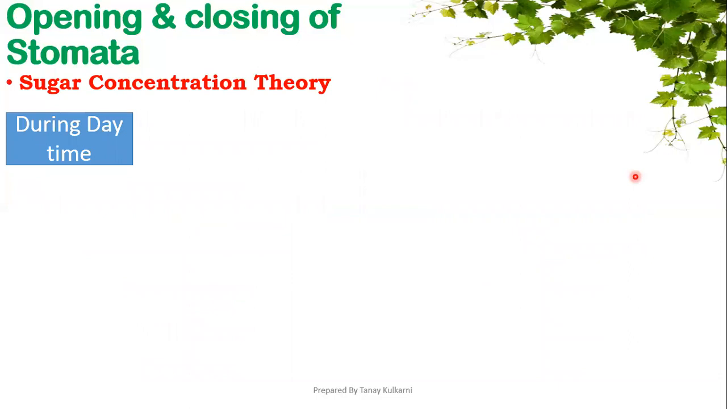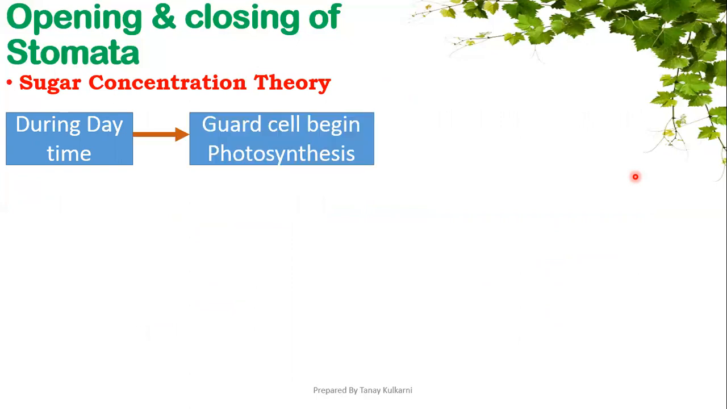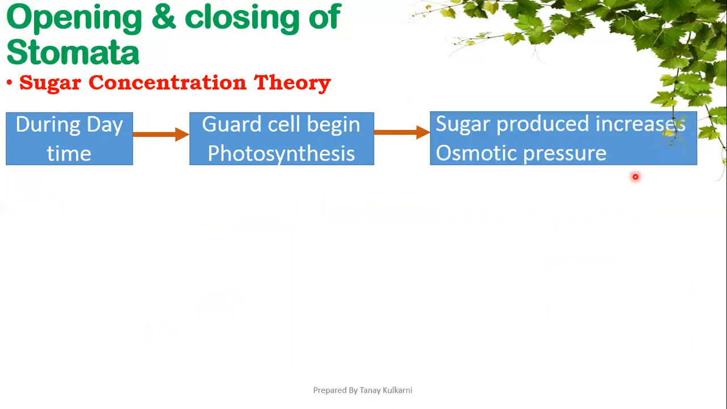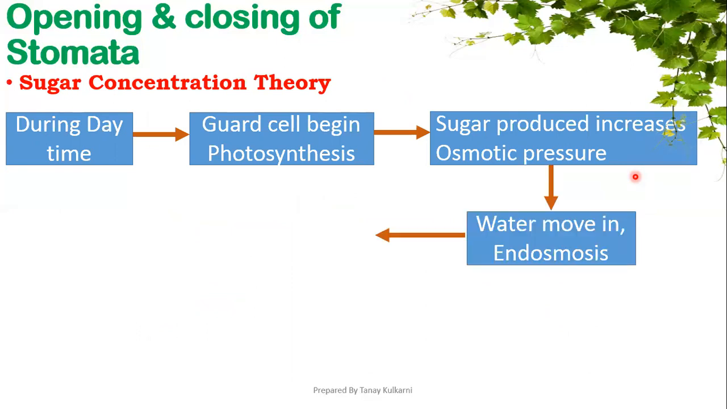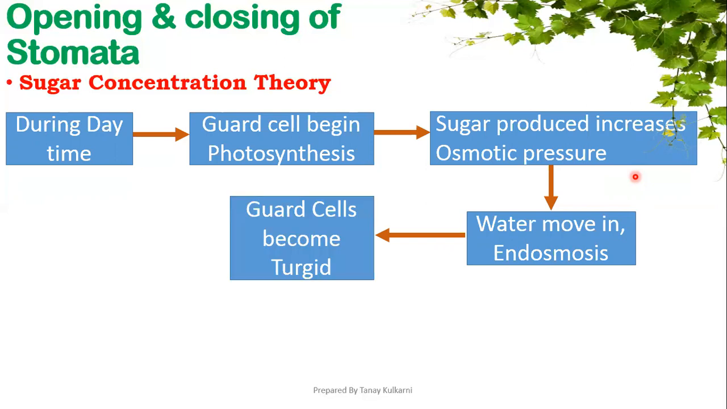The second theory is the sugar concentration theory. According to this old theory, during daytime, the guard cells begin photosynthesis, and the sugar, that is glucose, produced during this process increases the osmotic pressure, which will draw water from adjoining cells due to endosmosis. Hence the guard cells become turgid and bulge outwards due to their thin outer wall, thus widening the stomata,